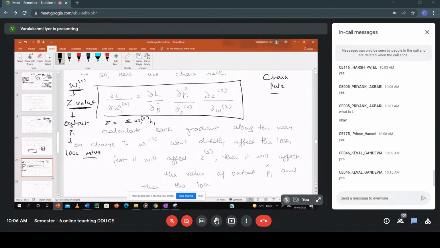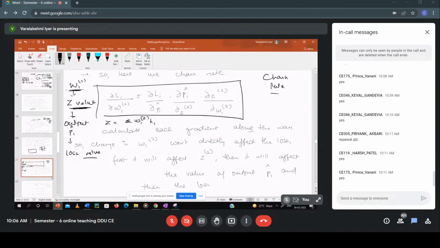What about others? Is this chain of connection clear to everyone? Okay, I'll repeat. In the case of what we are trying to do by calculating the gradients, our idea is to find out, if we make certain changes in the value of W12, what will be the consequent change in the value of loss. So in order to calculate this derivative, this gradient value,